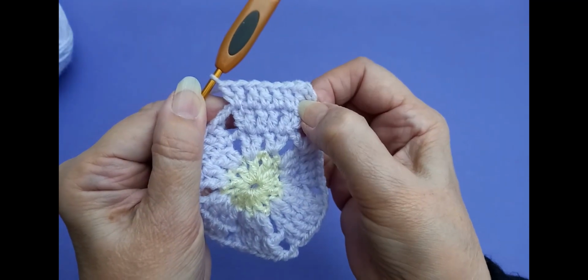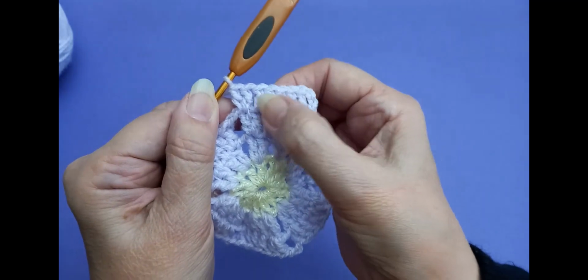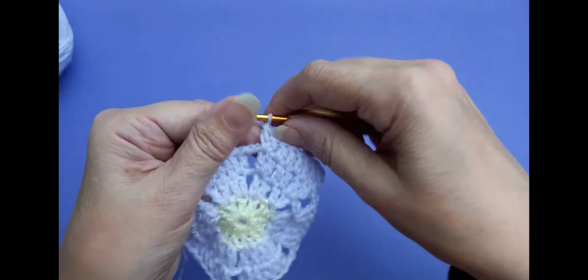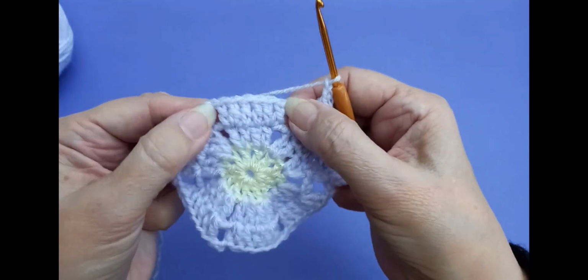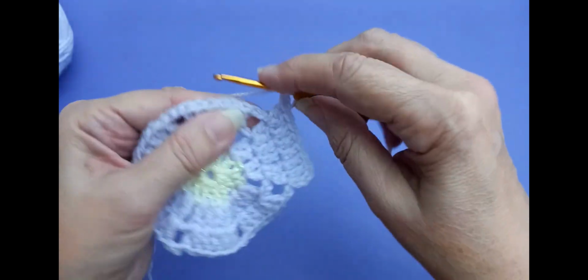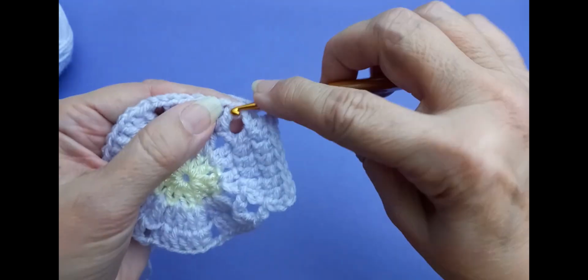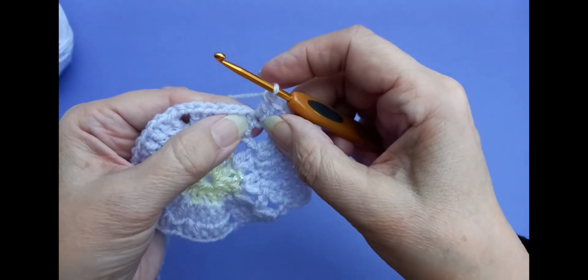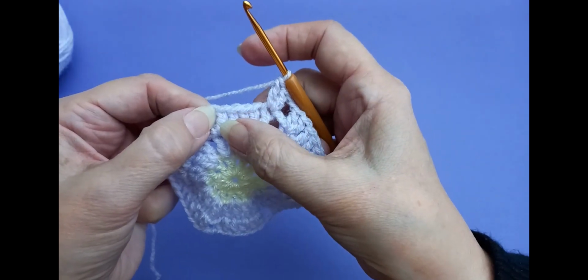So 2 into the first stitch, then 1, 2, 3, 4 single, and then 2 into your last one. We're going to chain 2, 1, 2, and repeat the process in each section. So 2 into the first stitch, 1 and 2 into the same stitch, then 1 into each of the next 4 stitches,